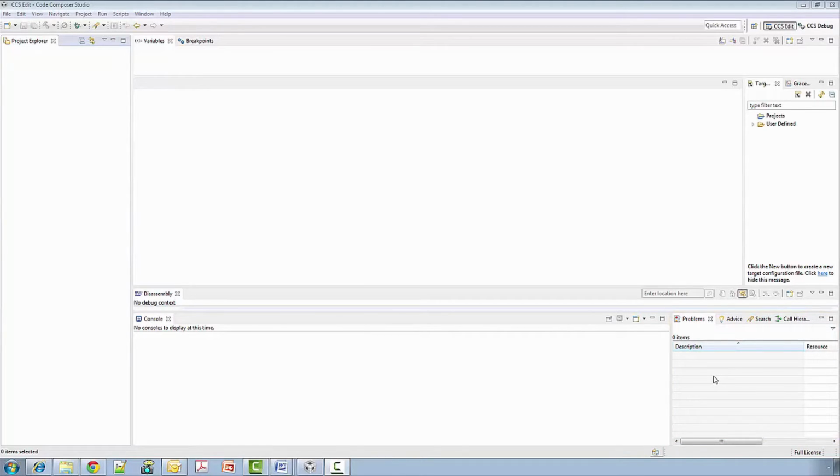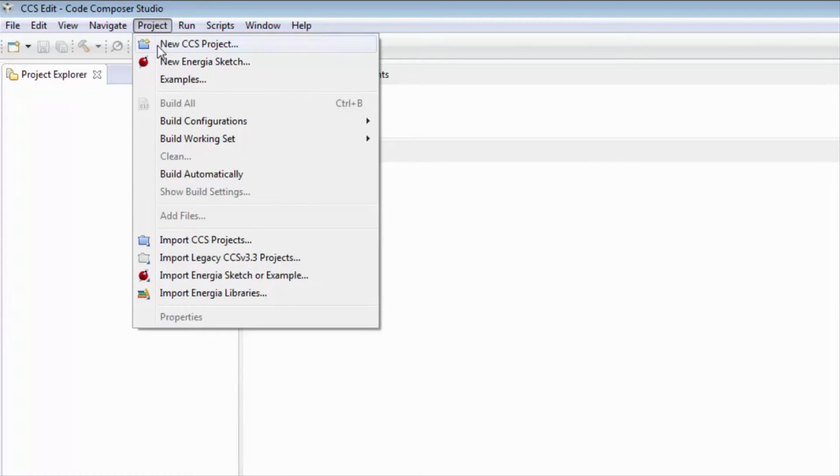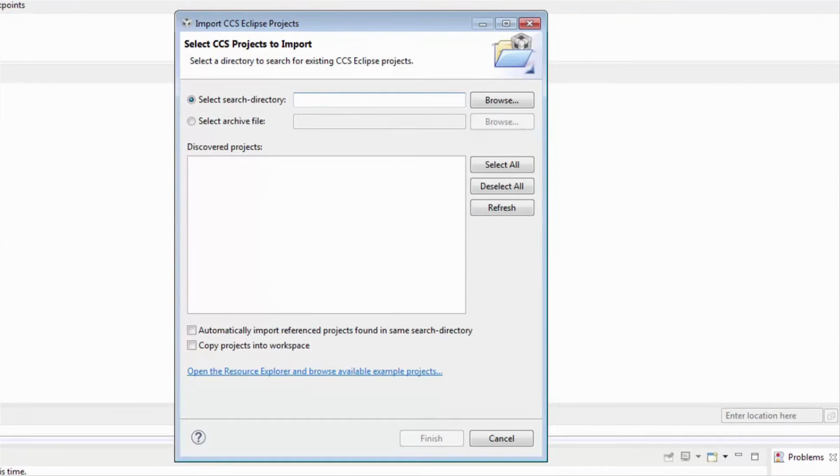Now for the build process. We will start by importing Lab 1 into CCS. Select Project, Import CCS projects. Browse to the directory which contains the source code for Lab 1.